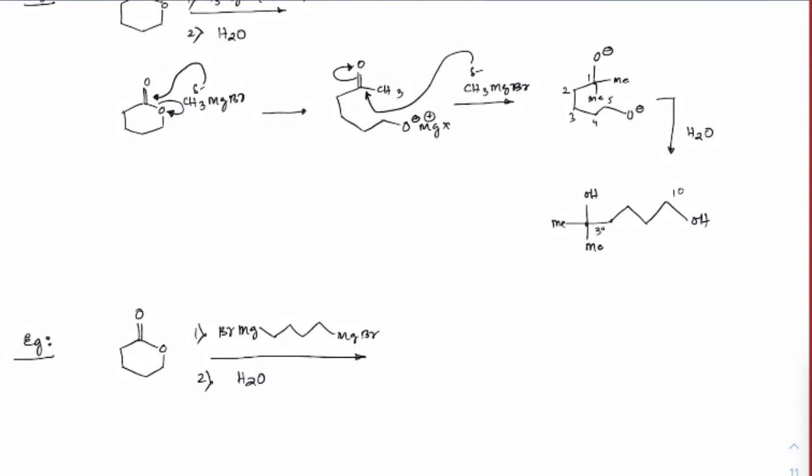So first the ring will open with forming of ketone. On this side I'll start with carbon numbering from here, just for our convenience. So we can see 1, 2, 3, 4, 5 carbons here, and this side we have O minus, 1, 2, 3, 4, 5, and on the fifth carbon we have a double bond O, which is now getting connected with this 4 carbon, 1, 2, 3, 4, and here we have MgBr, right? This is what we have first.